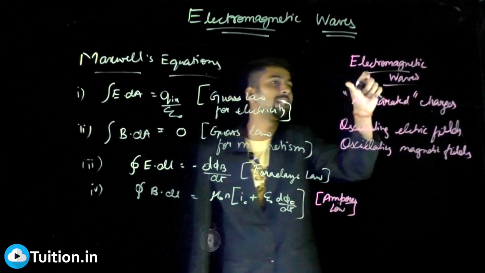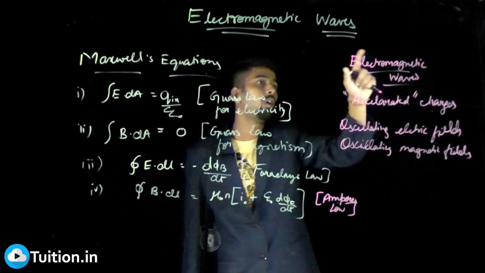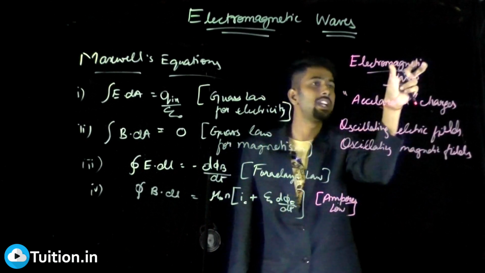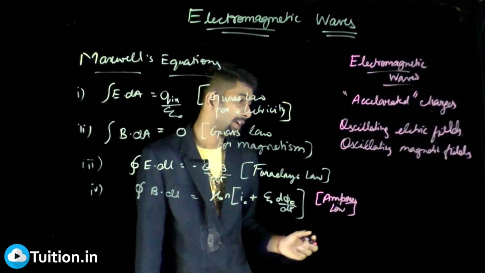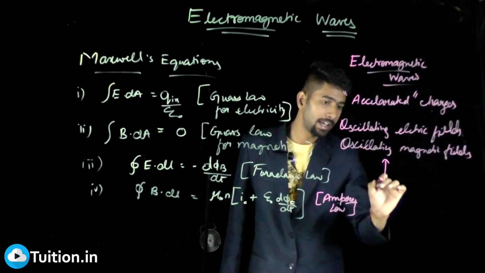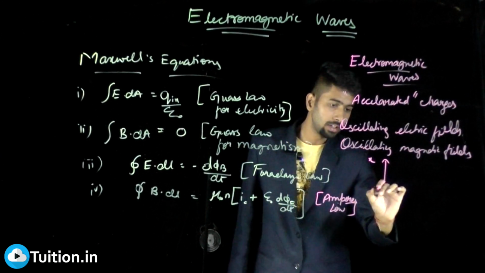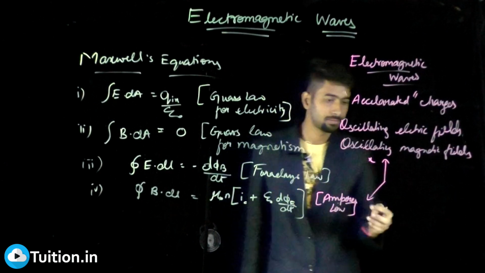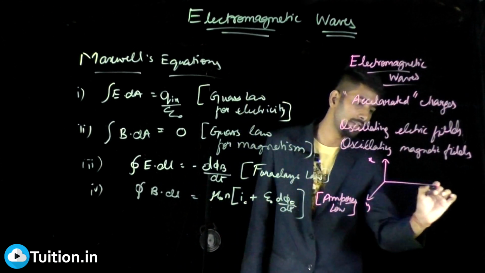And then, as the name goes, it has a component of an oscillating electric field, electro, and it has a component of an oscillating magnetic field. In fact, you can visualize it this way. So if this is your x-axis, if this is your y-axis, and this is your z-axis,